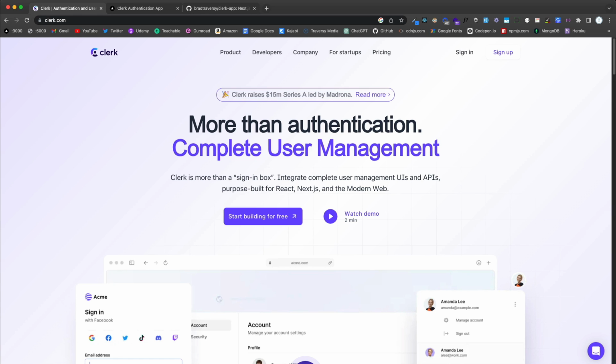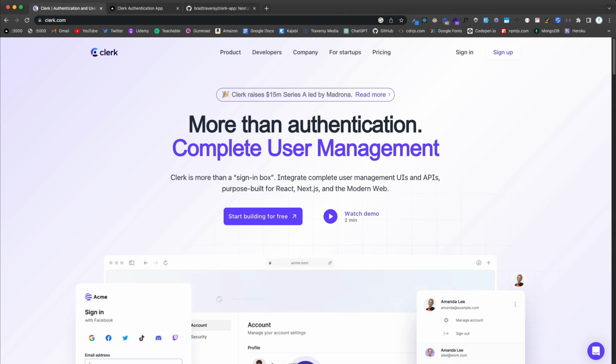What's going on, guys? So when building a web app, one of the most difficult things to deal with, but is also absolutely necessary, is authentication. And I've done a lot of videos on creating your own authentication with JSON Web Tokens. I've done a few videos using OAuth and some other services. But in this video, we're going to build a project with full authentication and user management using a tool called